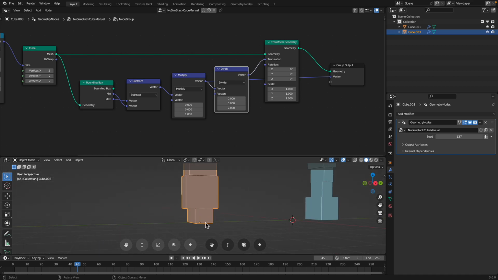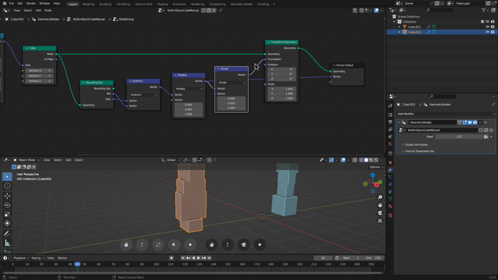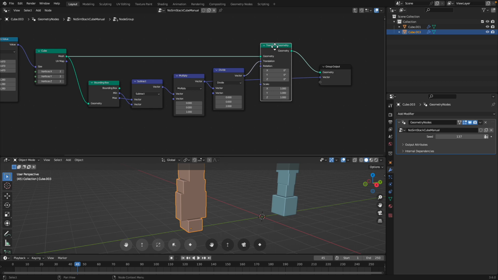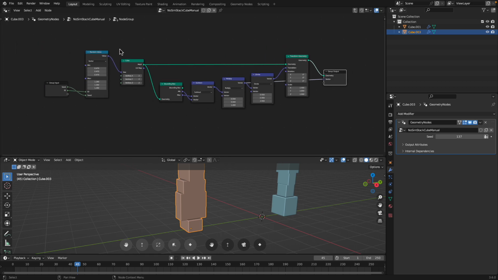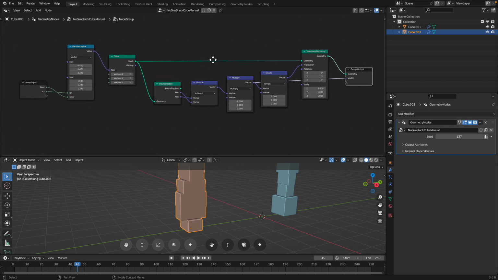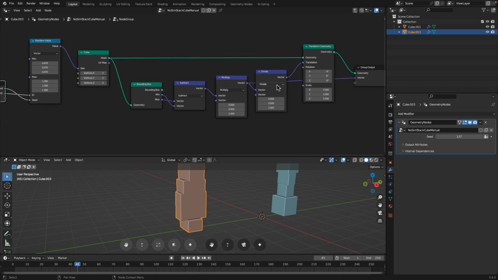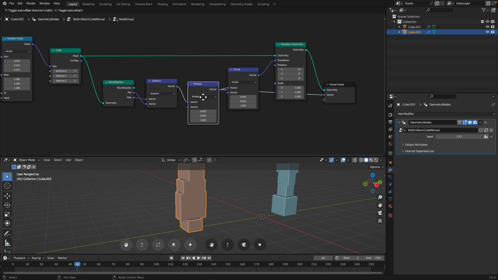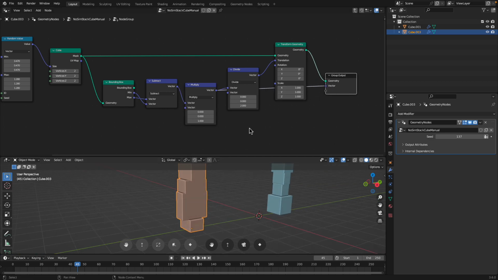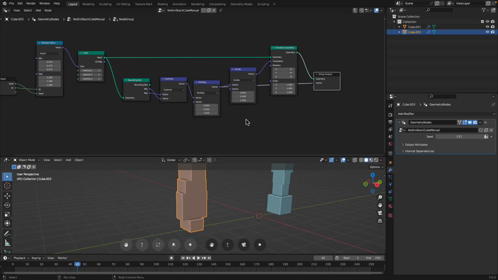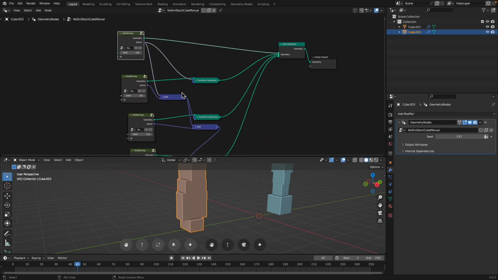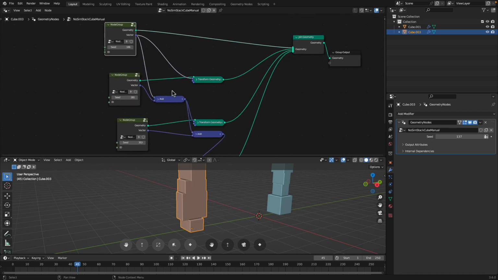We just get the pivot at the bottom and transform the geometry. So that's this, and then I pipe out the vector positions of the bottom of the box,